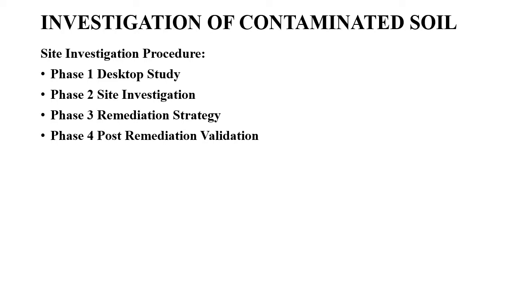That is, we have to sit and go through all the available documentary evidence regarding the site, which gives us an idea about the possible contamination that must have happened there, and regarding its previous land use, and regarding all such details we'll have to go through using the available data that can be collected from various offices. Okay, so after a thorough desktop study, we'll have a clear idea on what we are getting into. Okay, so then as phase 2, we'll do a site investigation.